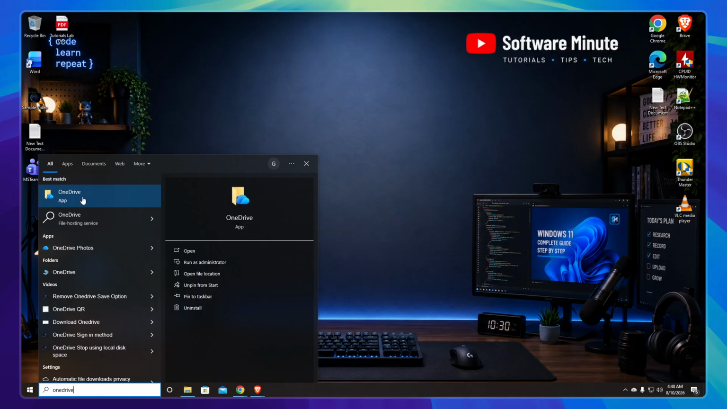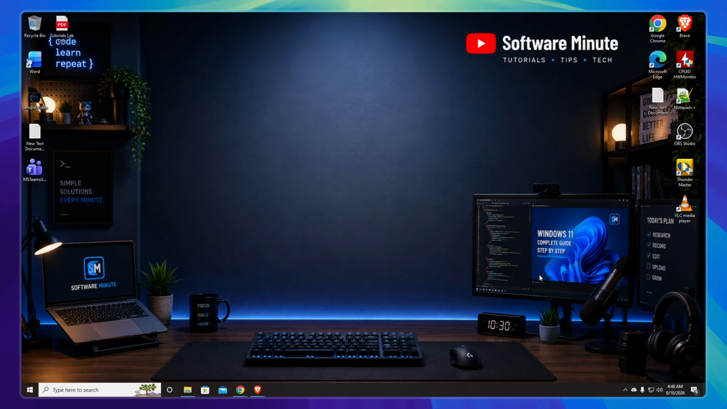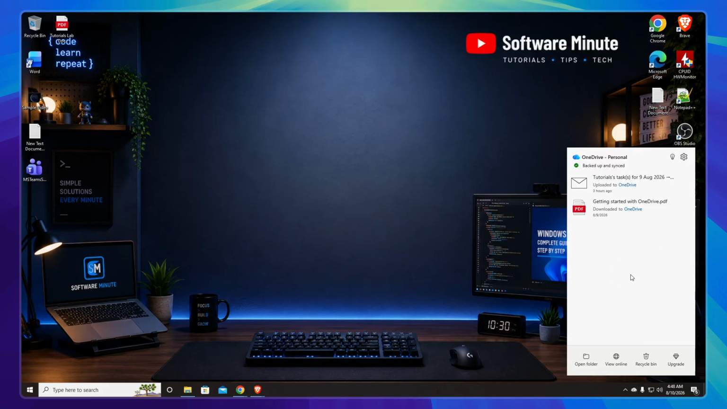Now, navigate to the bottom right part of your taskbar where your system tray is located. This is the area near your clock and notification icons. Look for the OneDrive cloud icon in the system tray. If you can see it there, it means OneDrive is currently running in the background and actively syncing your files. However, if the OneDrive icon is not present in your system tray, don't worry, there's another way to ensure it's